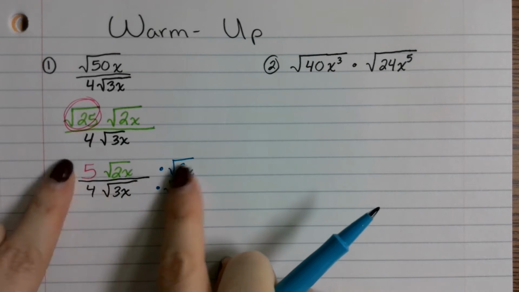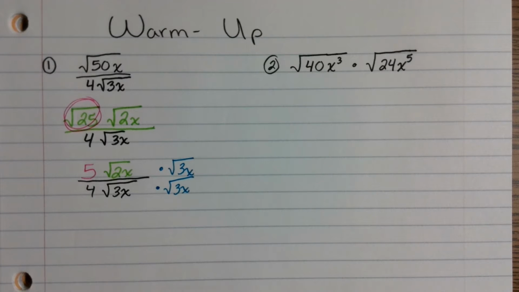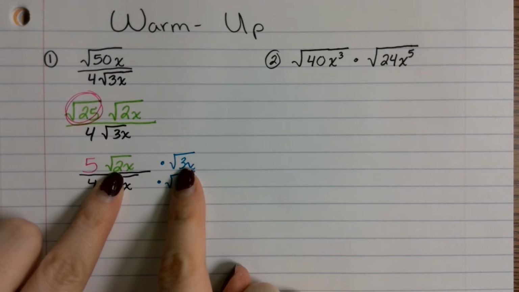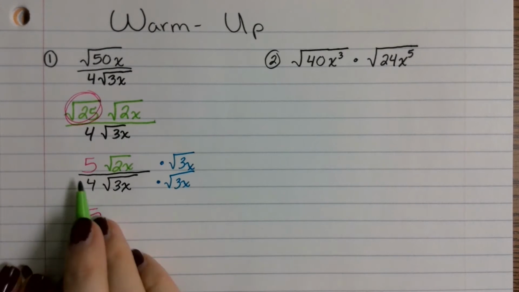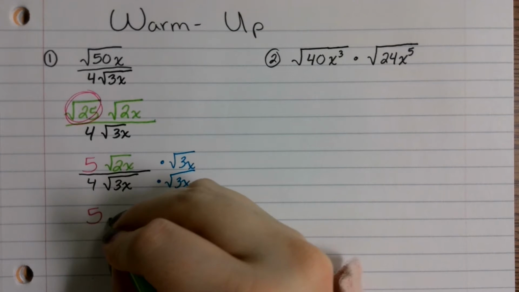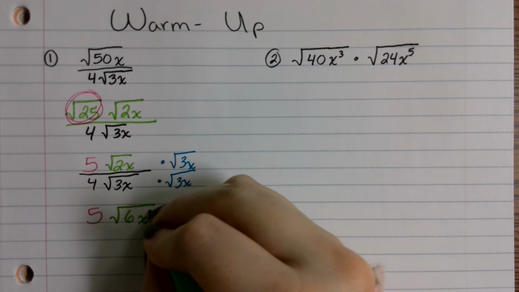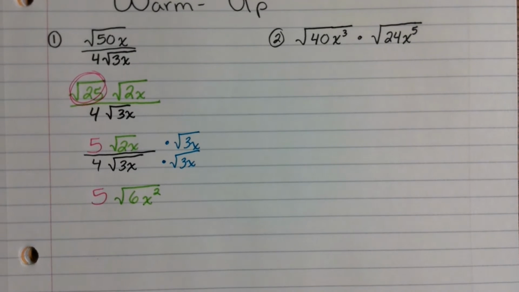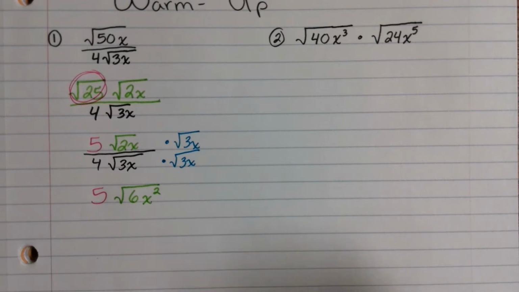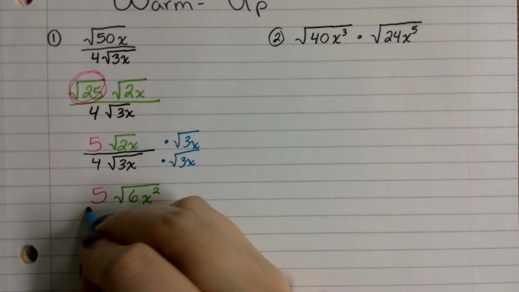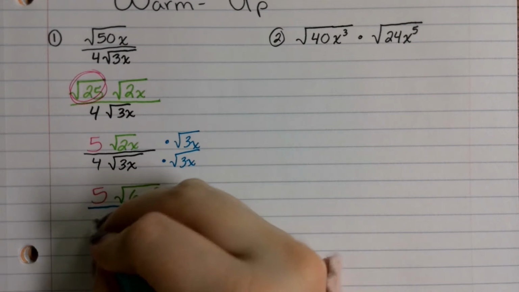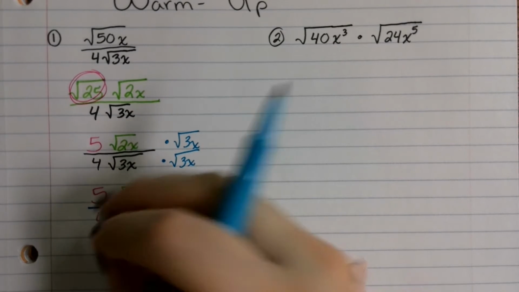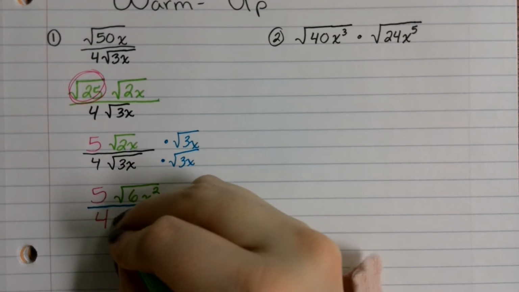Now when I'm multiplying in the numerator, what am I actually multiplying together? Just the radicals. I'm only multiplying square root of 2x and square root of 3x together. The 5 is going to stay as it is. What's the square root of 2x times the square root of 3x? Square root of 6x squared. And then for my denominator, same thing. I'm going to be multiplying the square root of 3x times the square root of 3x. So I now get 4, which is outside, and then square root of 9x